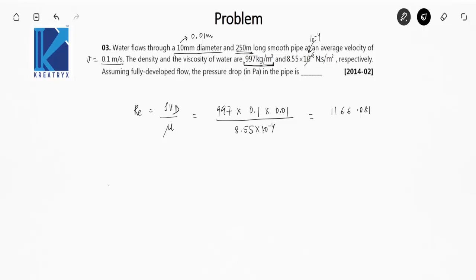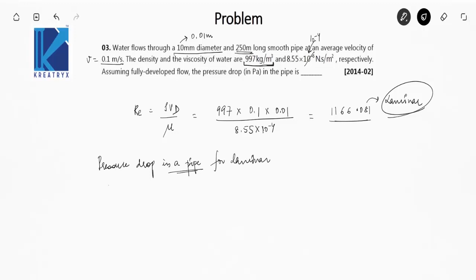So this gives the Reynolds number, which is equal to 1166.081, that is comfortably below 2000 or 2300, whatever value you take, because some books state that if the Reynolds number is less than 2000 then the flow is laminar. Some say that if the Reynolds number is less than 2300 then the flow is laminar. So we can surely say that the flow is a laminar flow. Now pressure drop in a pipe for laminar flow,